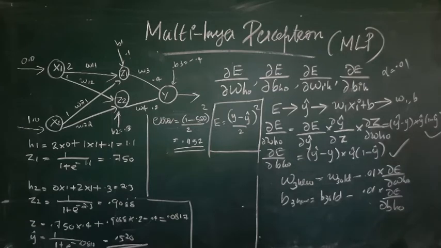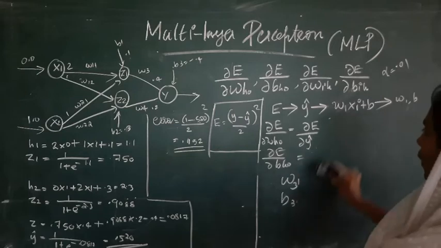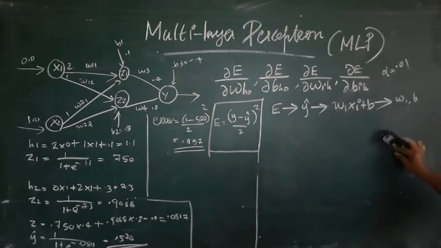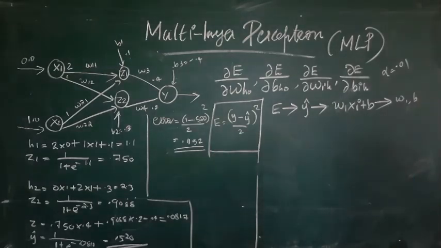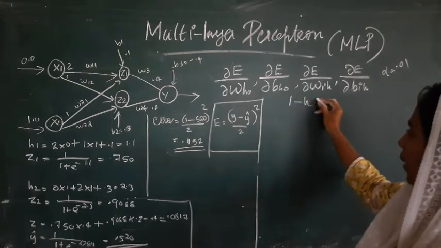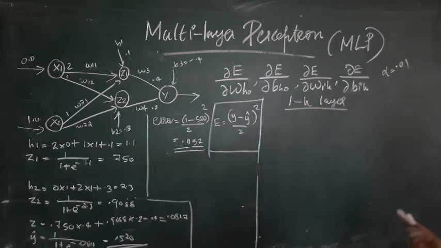Now we have to get the value for the weights and biases in the input to hidden layer. Okay. So we will use this very same concept. That is, in case of input and hidden layer, we just have to take these rules one step backward. That's it. No other differences. We need to know how we can update the weights in the input to hidden layer. Input to hidden layer weights and the biases must be updated, and for that also we can use this very same strategy.